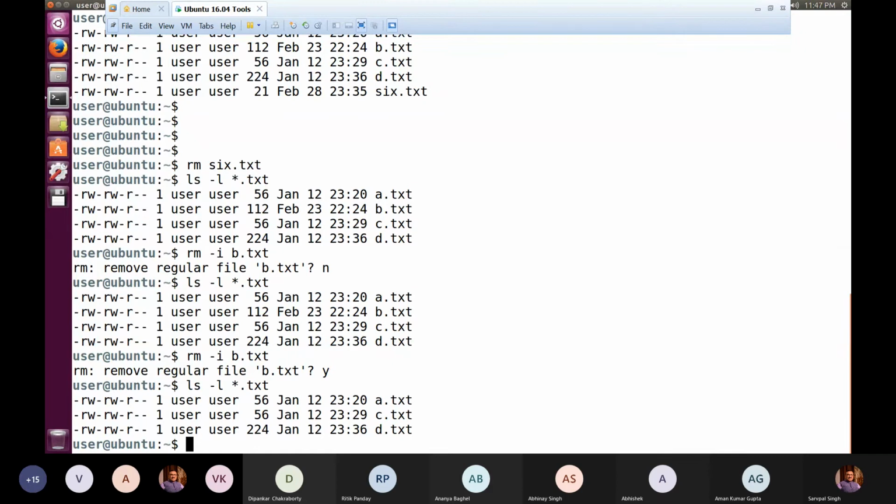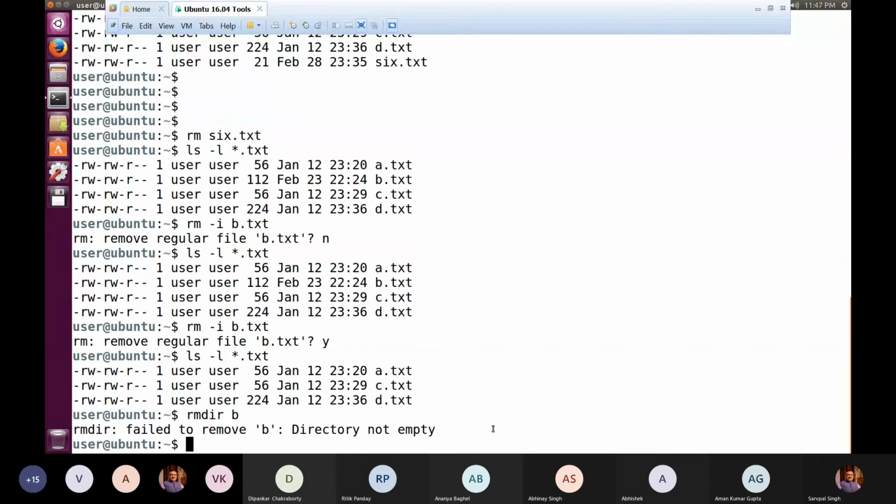So we have seen the use of rm, and similarly, if you wish to delete any directory, we can make use of rmdir, and then we can mention the directory name. But again, mind it, if I run rmdir b, this directory will not be deleted. Reason being, this directory is not empty. So it's a prerequisite that the directory which you wish to delete should be empty. So either you have to vacate the content from the B subdirectory, and then only you come out of B and then you execute rmdir.